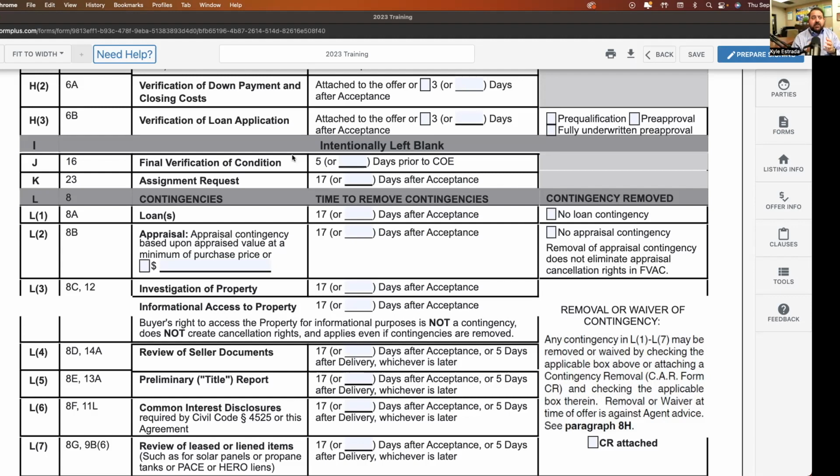They don't pay attention. It's not good for us to take advantage of that situation either, just as it's not good for listing agents to take advantage by severely cutting out contingencies, the amount of time we have, or taking them out altogether. Make it make sense. Your job, my job, listing agent, buyer's agent, is to get the deal closed, right? Like, first and foremost, my job is to protect my clients, find them a property, and get them into the home of their dreams as a buyer's agent.